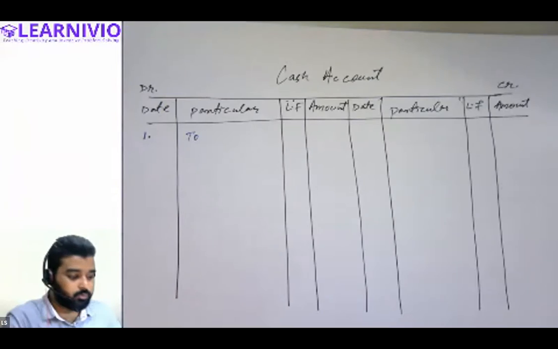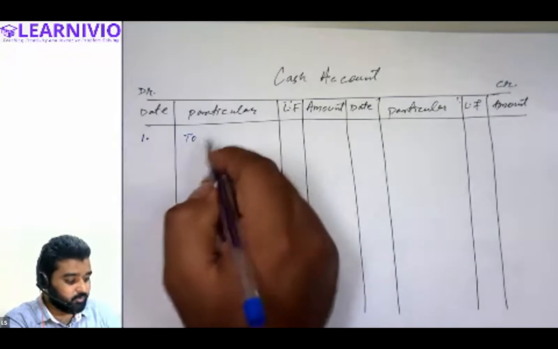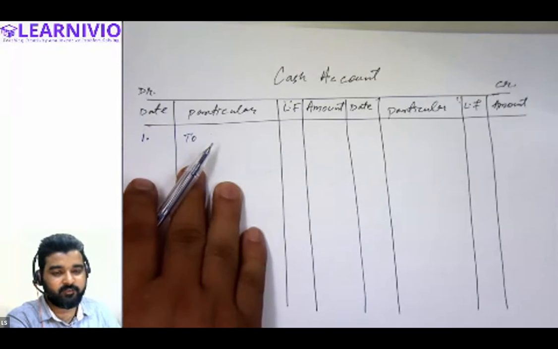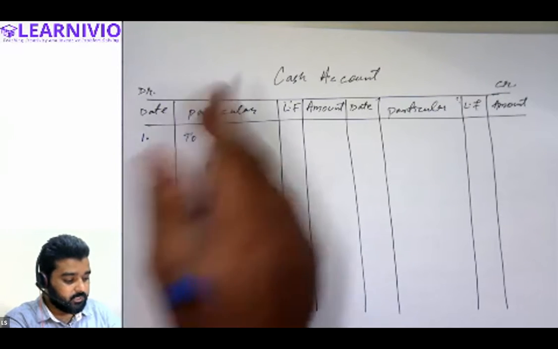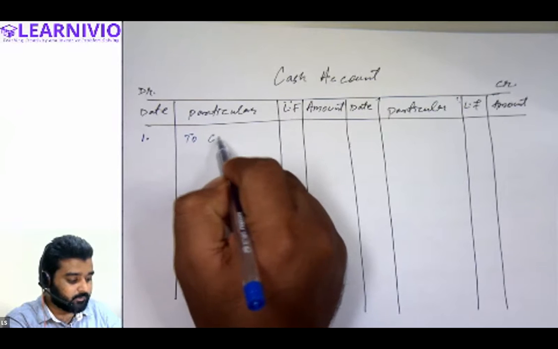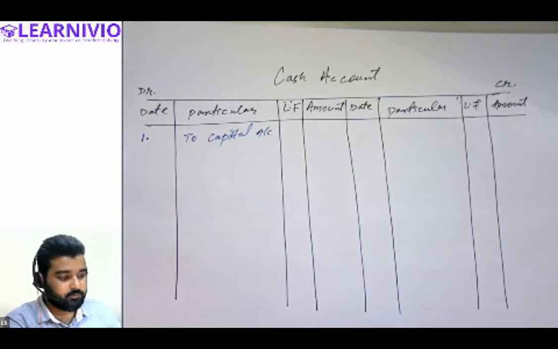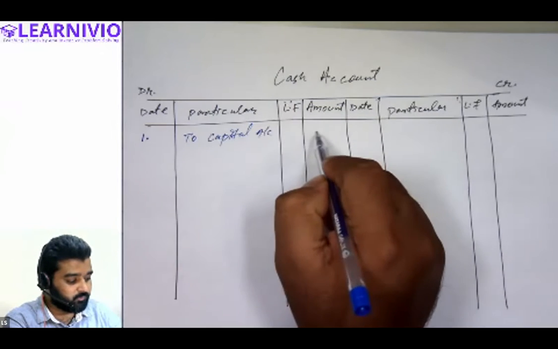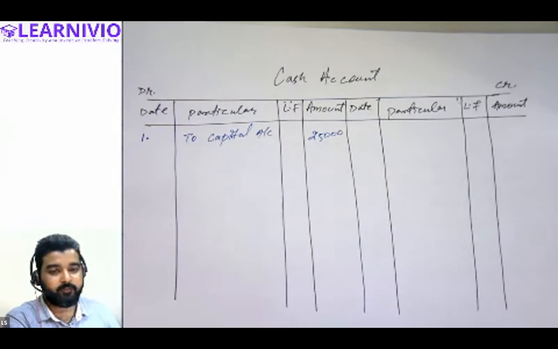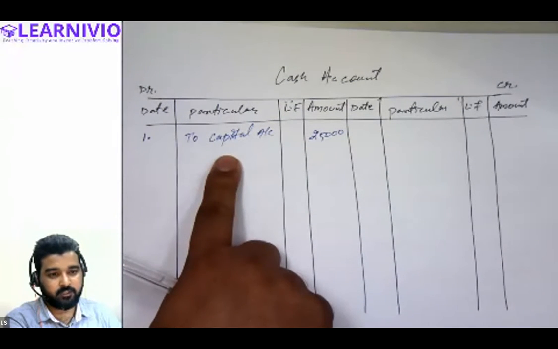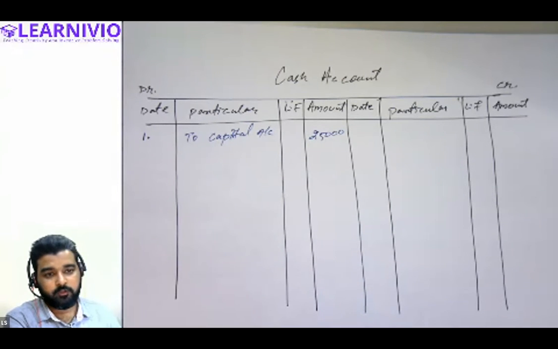Okay. Because there is inflow of cash, it will be recorded on the debit side. But we will record it in the name of capital account, because it is going to add to the capital, right? So what is the amount? The amount will be 25,000. Everybody clear? Yes sir. We are recording the amount on the debit side because it leads to the inflow of cash. Now we will record it by the name of capital account.